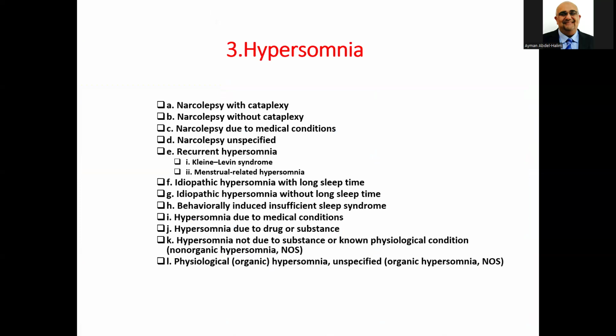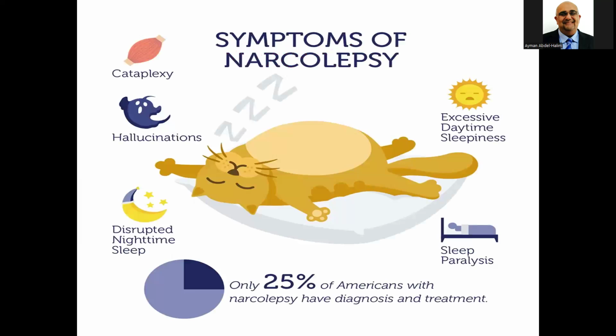All right. Then we have another condition, which is the hypersomnia, and there are many variants. We're not going to go through all of these, but just remember the most important names, like the narcolepsy with cataplexy or without cataplexy, for example, or narcolepsy due to medical conditions. So what does